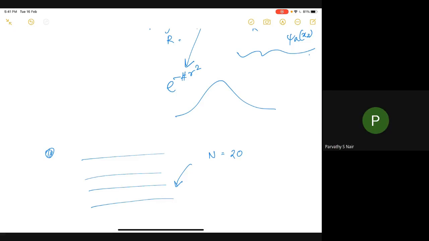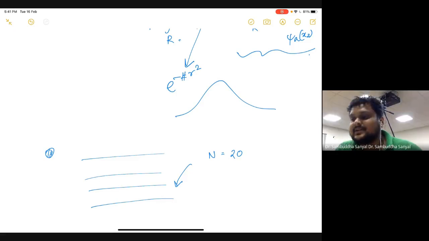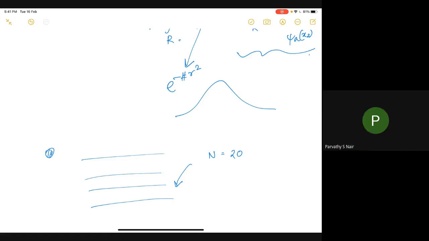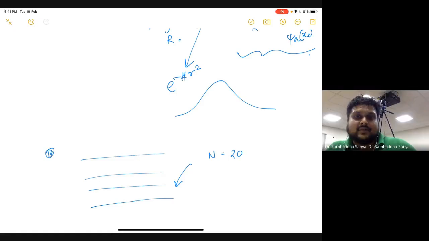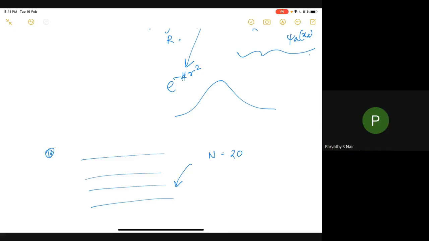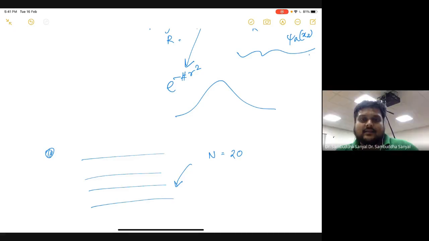So what is the condition? It depends on how many electrons it is made of. First of all, whether it is made of an even number or odd number of electrons, then you can see whether you can write down a fully antisymmetric or symmetric wave function, and given what spin state it exists in, all these factors together decide what is the total spin of the atom.